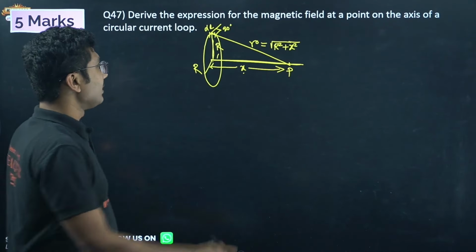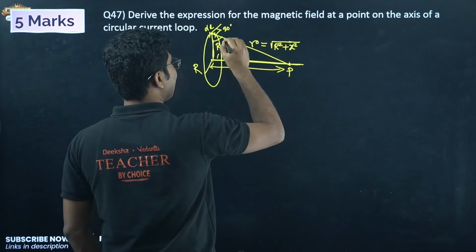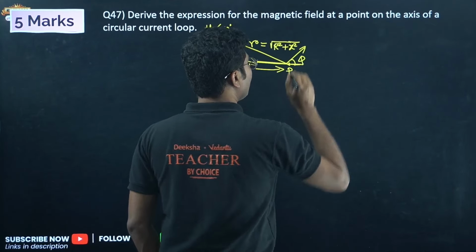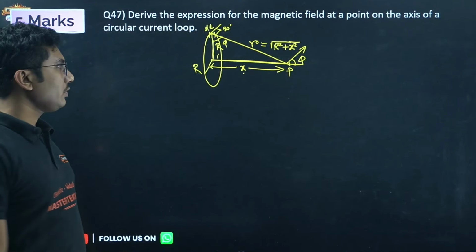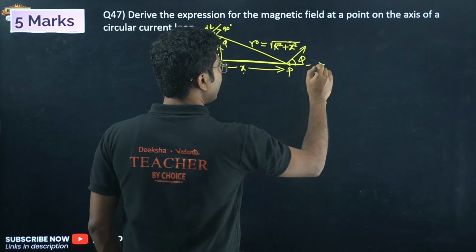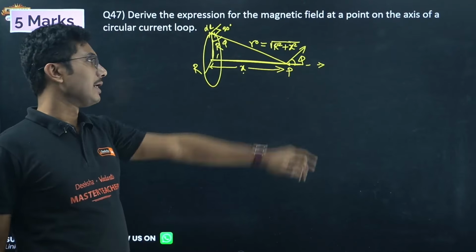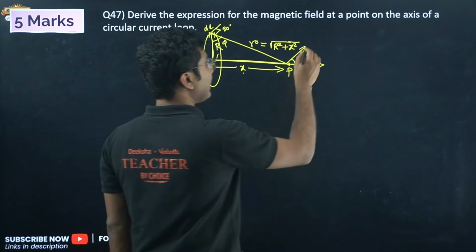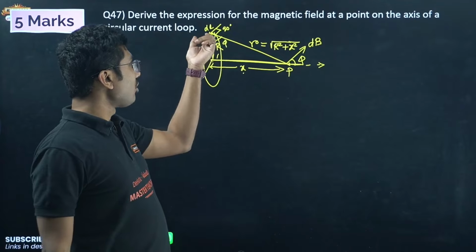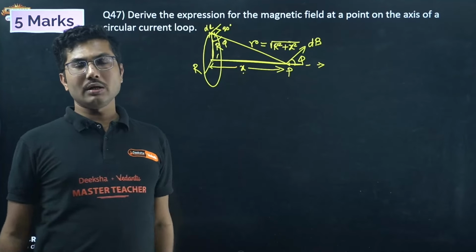Now for the magnetic field due to this, suppose this angle is phi. Then the magnetic field at this point will also make an angle phi with this axis. This can be proven in geometry; I am not doing that, and you don't need to either, but you have to remember that this top angle should equal this angle phi. Also, this is the magnetic field dB. Why are we writing dB? Because this is due to a small element dl. We have to integrate it over the circle to get the total magnetic field.